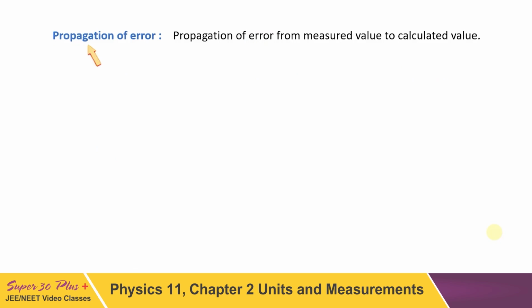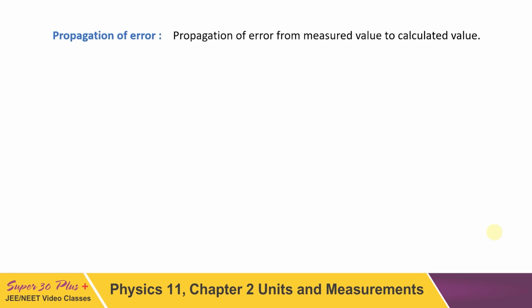Now come to propagation of error. This is very important. What happens? Always it is not possible to measure the physical quantity that we are interested in. Sometimes its value cannot be measured directly. There is no scale meant for it. So what we do? We actually measure some different physical quantities and then calculate the desired physical quantity with the help